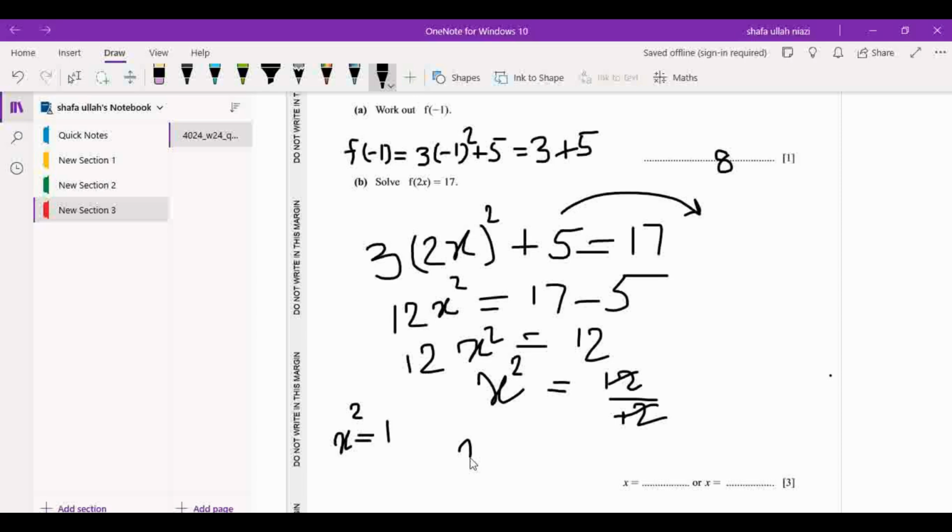So x is equal to plus minus under root of 1. And we know that under root of 1 is 1. So x can be 1 or minus 1. That's it. Next is